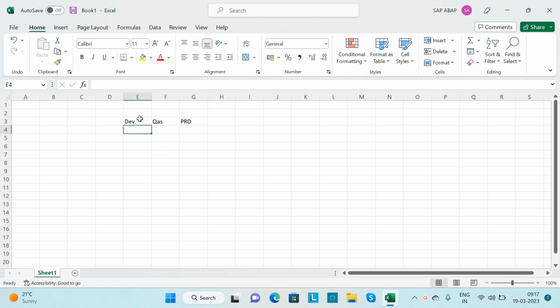So basically, development server is the server where we actually do our development. We do our, suppose, enhancement or report development, BDC, BAPI, smart form. Okay, so what here we will do that